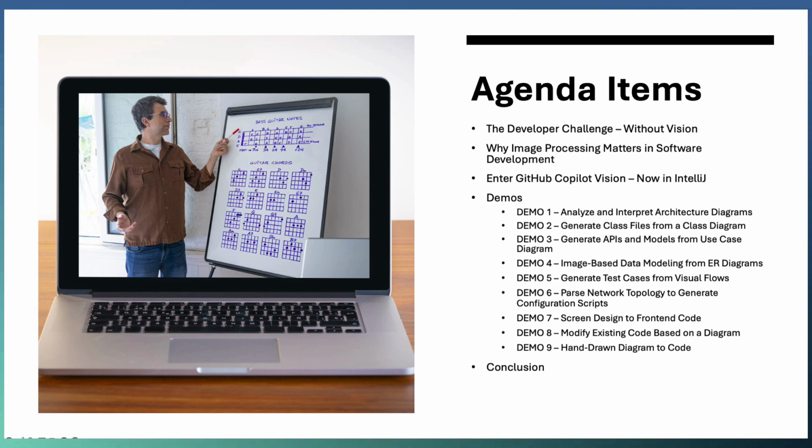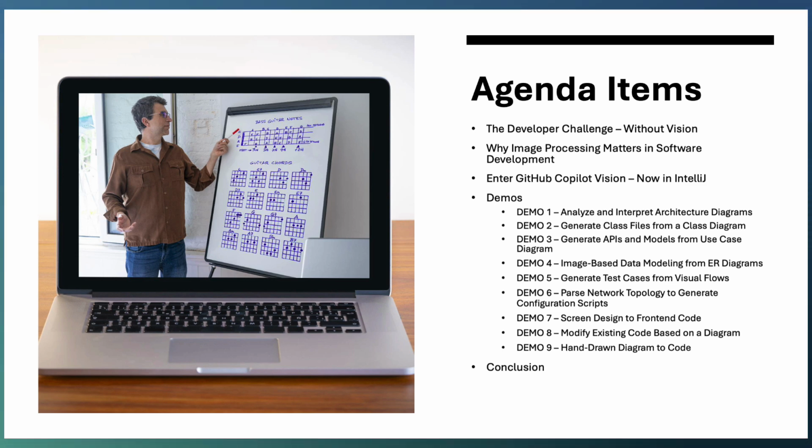These hand-picked 9 demos are a subset of image processing in our SDLC. We process a lot of images. So today we will see how we can process 9 different diagrams in our SDLC cycle with the help of GitHub Copilot Vision Support in IntelliJ.